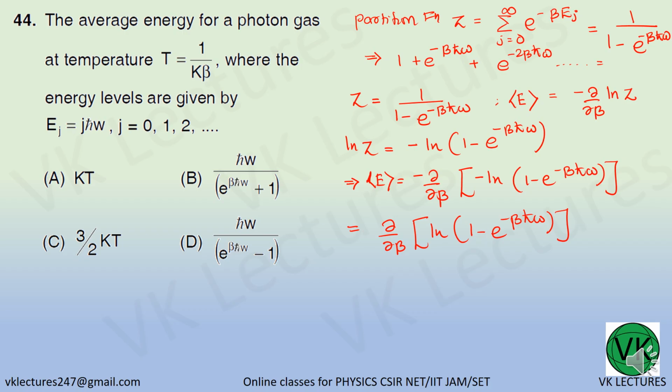Now the derivative of log x is 1 by x, so 1 divided by 1 minus e to the power minus beta h cross omega, into the derivative of what is in the bracket. So the minus sign will be there: minus 1 into the derivative of e to the power x, which is e to the power x only, so e to the power minus beta h cross omega, and the chain rule continues. Minus beta h cross omega is nothing but minus